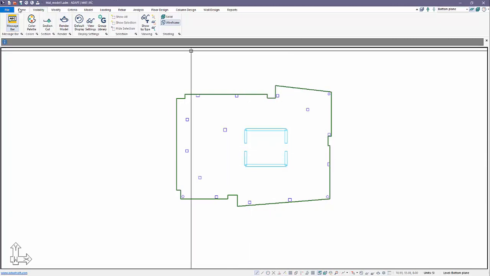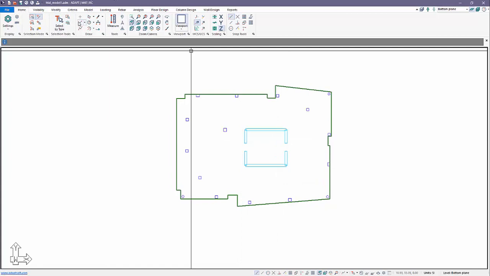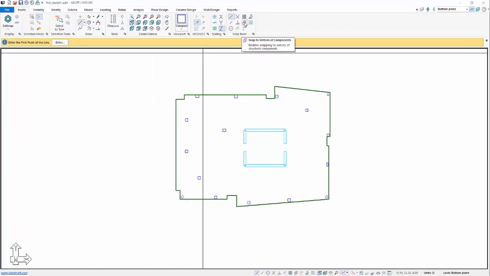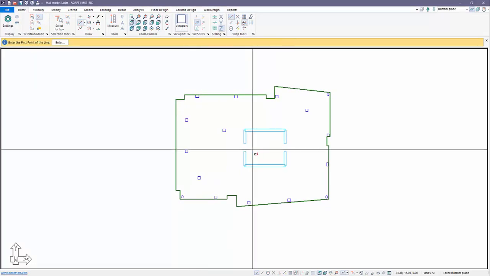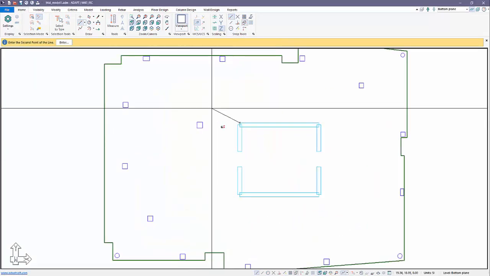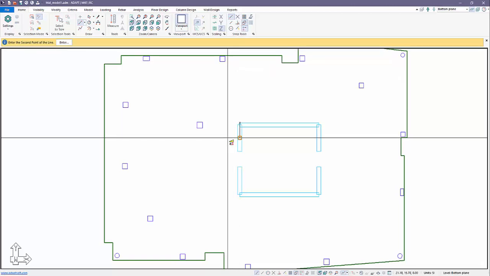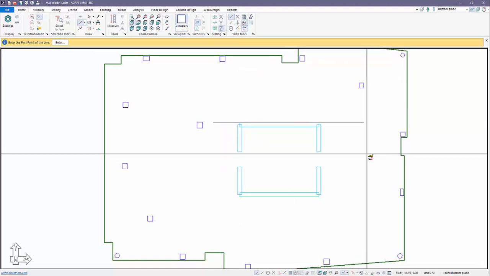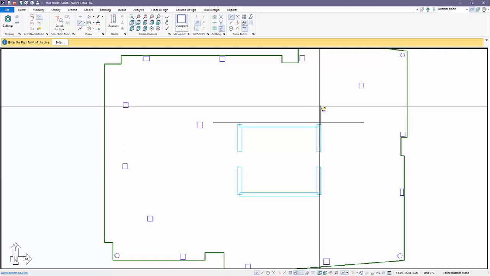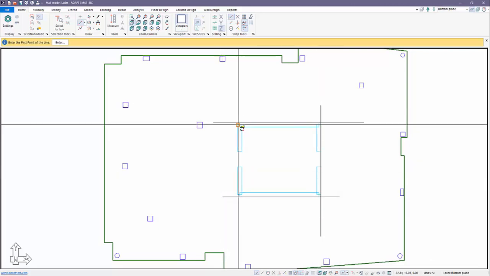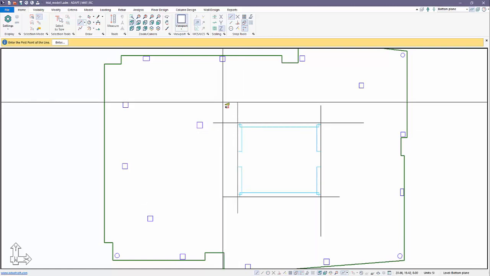So we're going to go back to Home, and I'm going to use construction lines. I'll select the option for construction lines. I want to turn on snap to vertices of components so that I can snap to corners of walls. If this is not on, then you'll end up being able to snap only to the endpoint. I'll also turn on snap orthogonal, and this will allow me to draw straight lines so that I can use these lines then to offset and create my slab region.